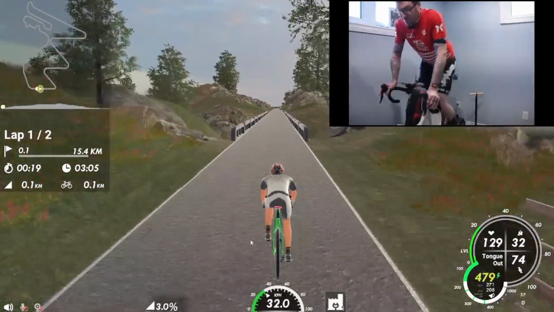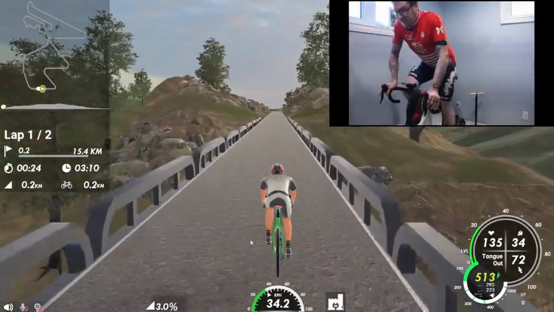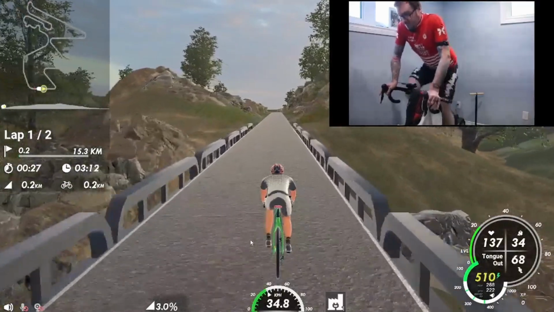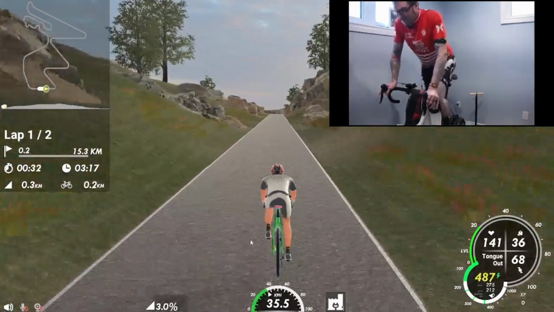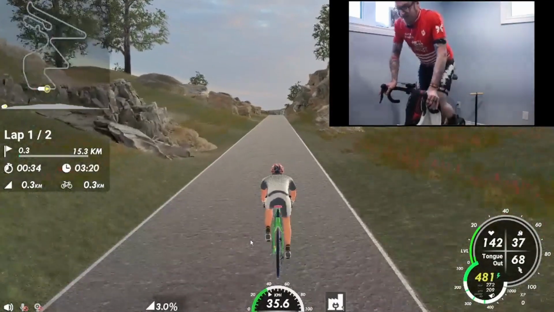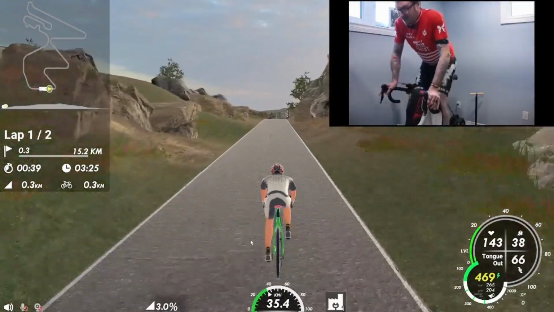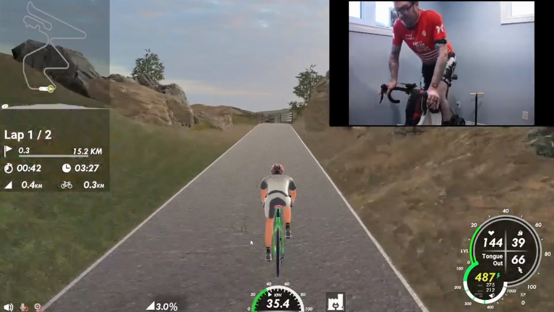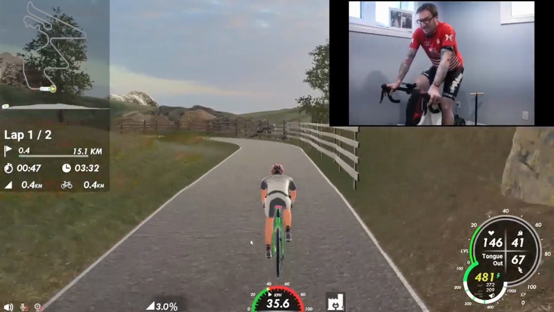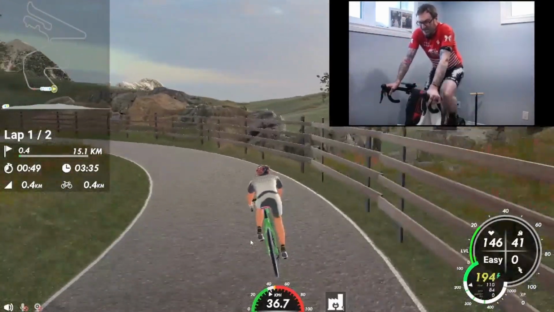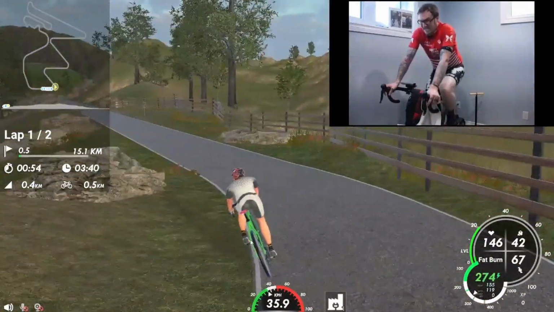So I'd mentioned before, when we were in the pairing screen there, when the game was pairing with my Ant Plus devices, that there was something I wish to cover about the fact that it now says that my resistance device is a Tacx trainer and not a generic trainer device. So what I didn't know when I made that first video, and what I very much know now, is that